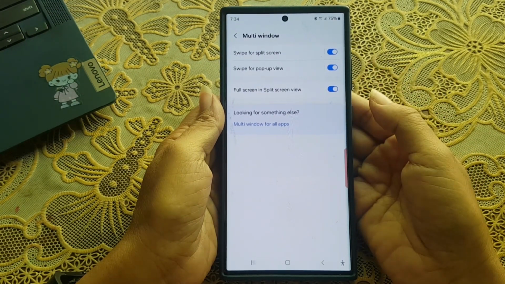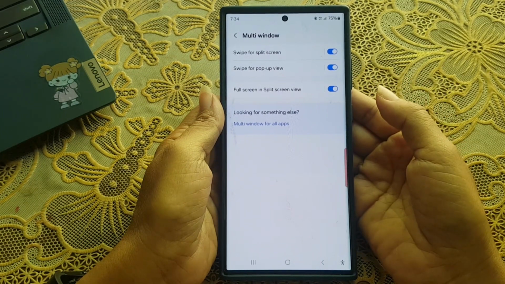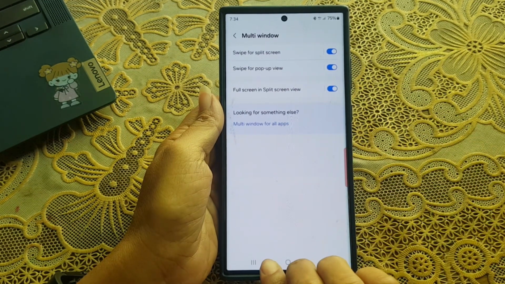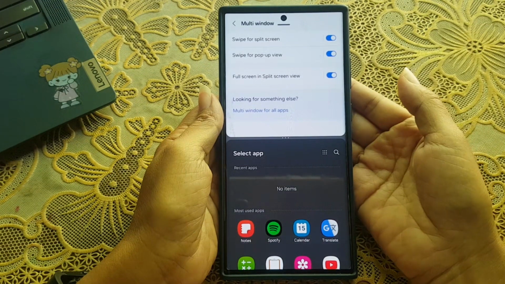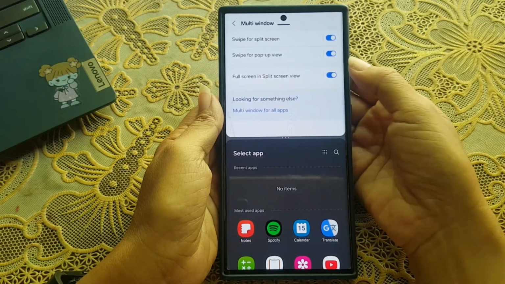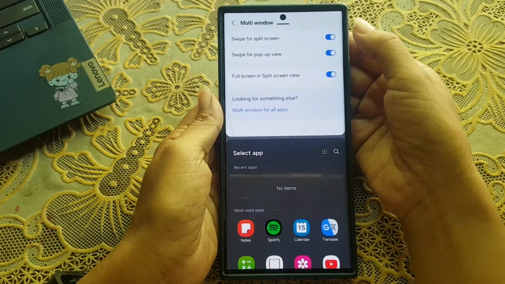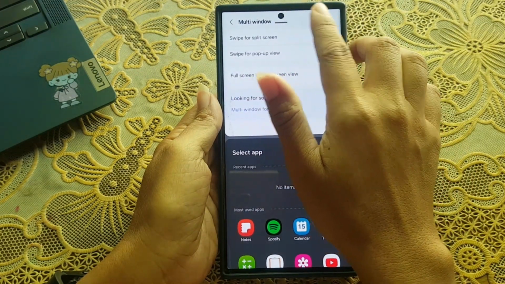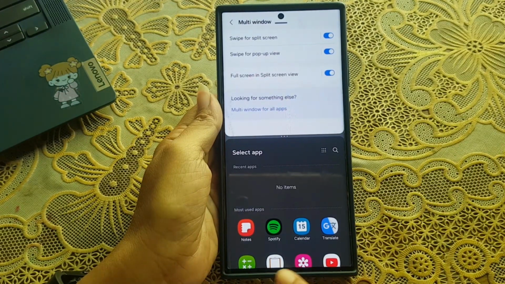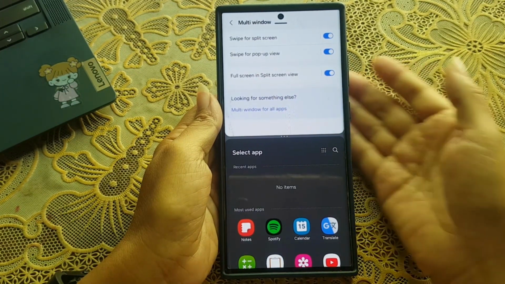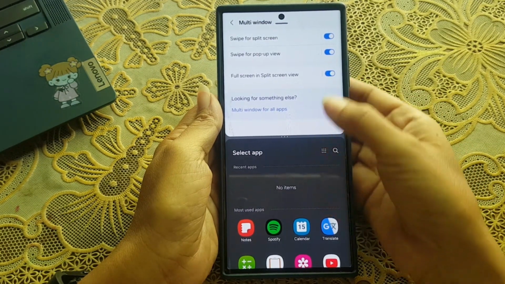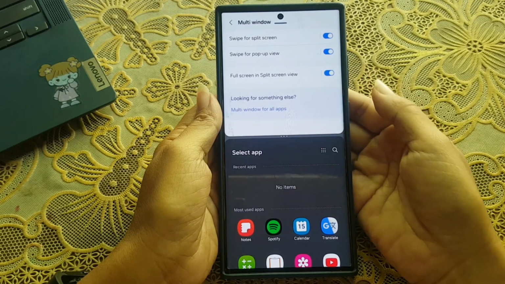If you hold the phone in portrait view like this, swipe up with two fingers from the bottom of the screen to open it in split screen view. You can see that your phone will automatically hide the status bar and the navigation bar, so you can see more of each app while you are viewing them in split screen view.